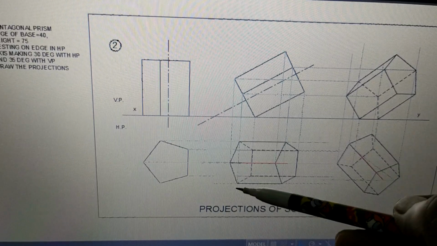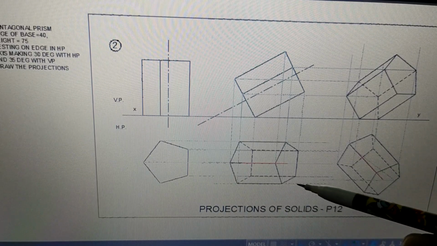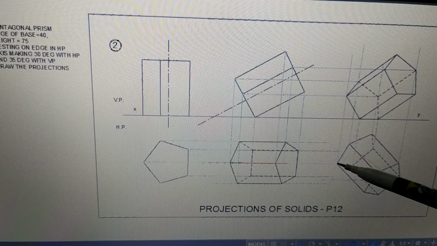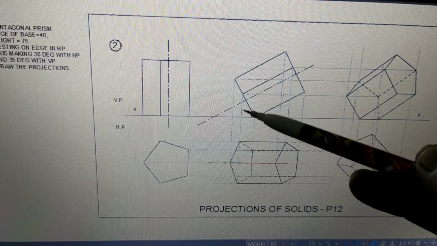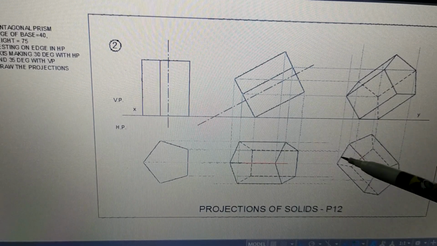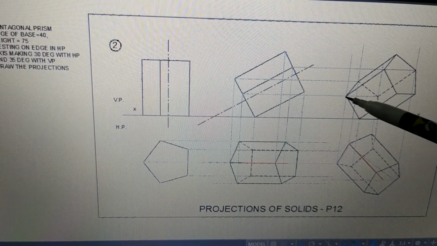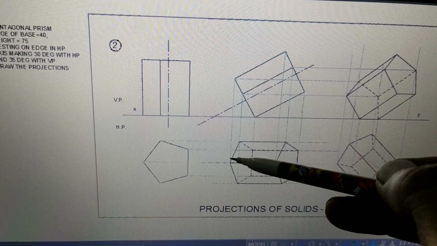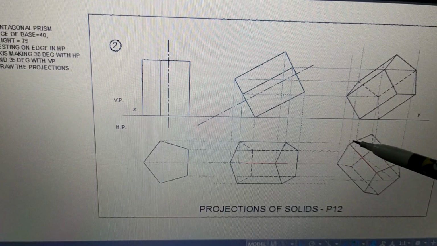Now C, this is point C. So C is here. On this line C will come, so C is here. Then the next is D. D is here, therefore D is here.